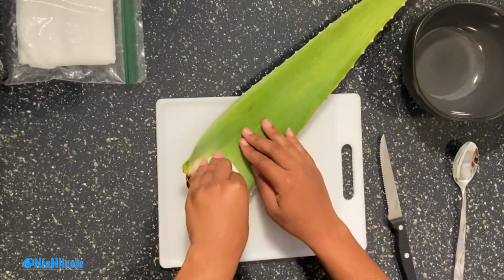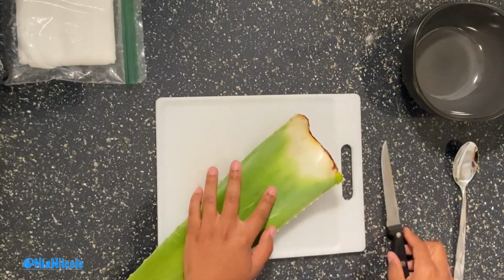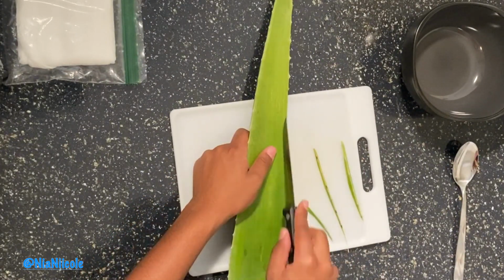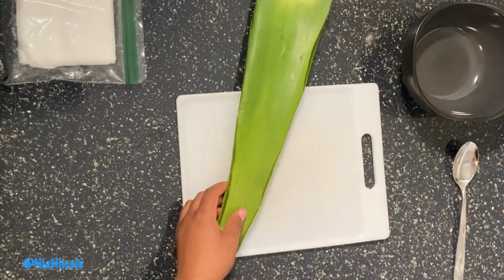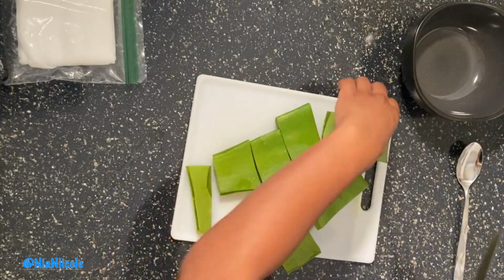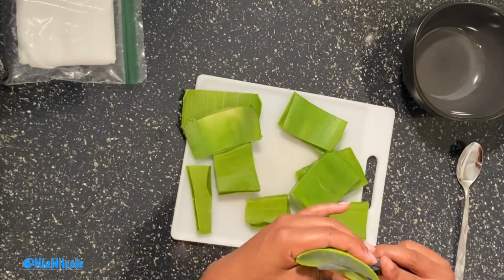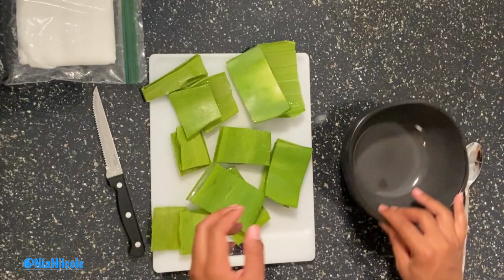Alright, so first I like to start off by peeling off this sticker and cutting off this white part. Alright, and I'm going to cut off these rigid sides. And I'm going to cut it into smaller sections. Alright, and then one more cut down all of them. Alright, and then after you're done cutting them up, we're going to